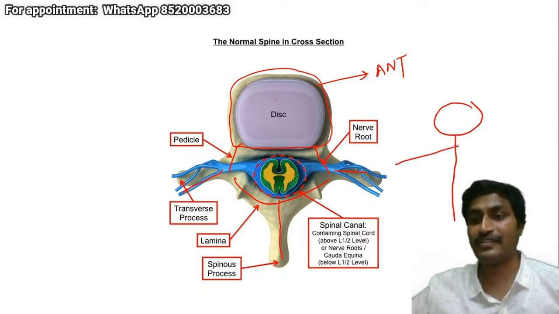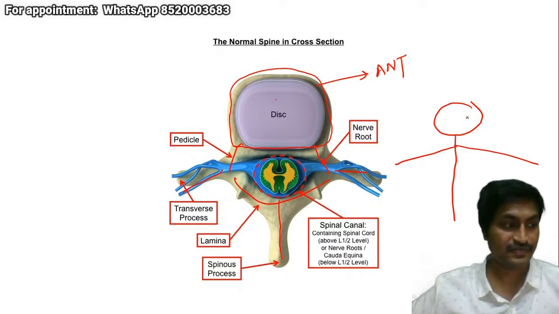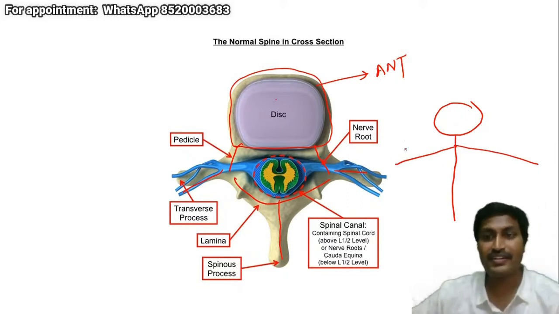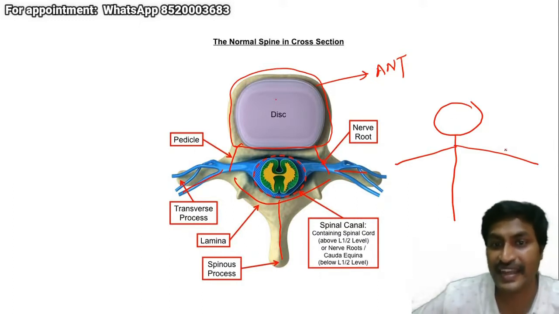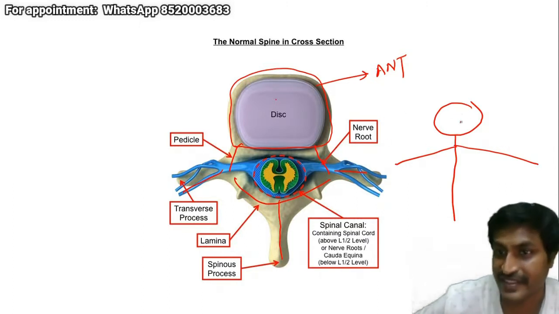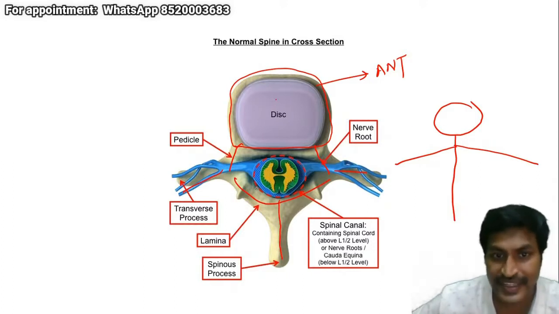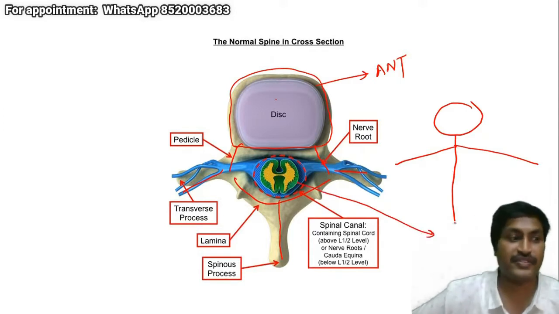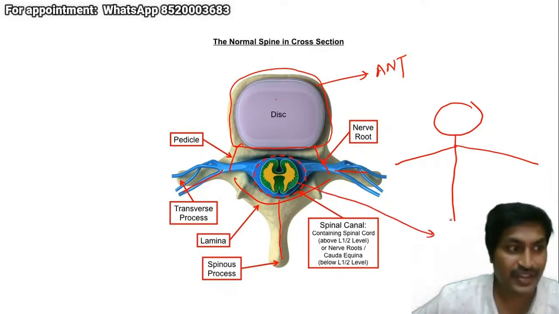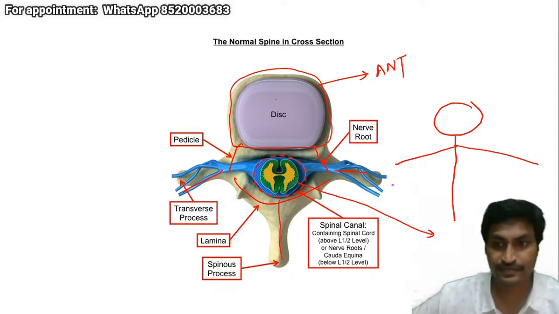We have the right hand, we have the left hand and the head. Okay, so this is the structure of a person standing with head and right hand and the left hand. So you'll have to identify this. This head, what you are seeing, is the thecal sac with the neural structures, which may be either spinal cord or the spinal nerve roots, either one of them.